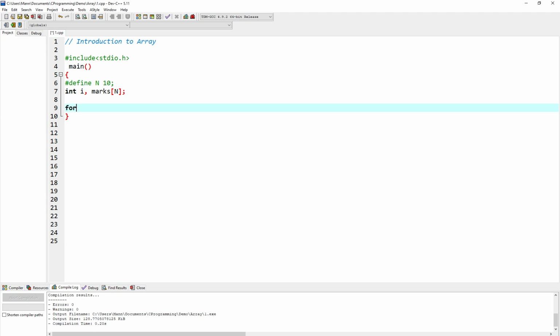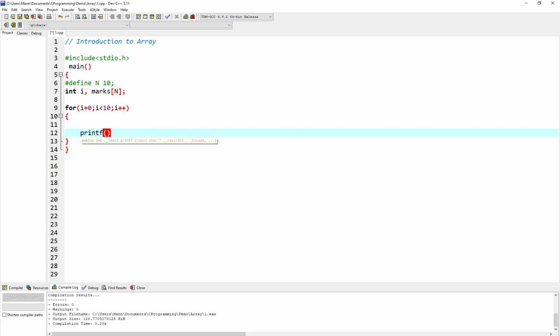Let's see this first. I'm applying one for loop here, where we have i equals 0 as the initialization, then the testing condition, and then i plus plus. And here I'm going to printf something with %d, the marks, and this is i.